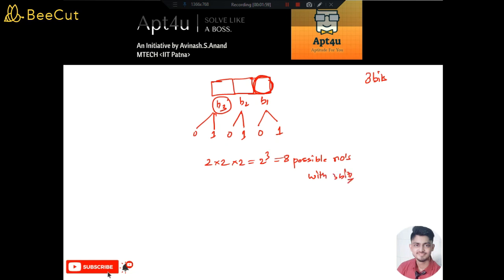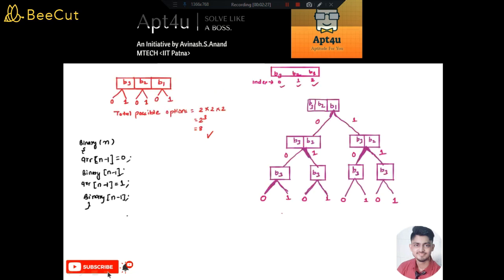If we have a basic idea about permutation and combinations, we will see that yes, there are 8 possible numbers that can be formed with 3 bits, because at every bit position we have 2 choices to make. Either we can have a 0 there or a 1 there, either bit 3 can be 0 or 1. Likewise, the product will be 2 into 2 into 2 choices, which is nothing but 8 choices. How can we convert this into a problem? Here is what I have discussed here.